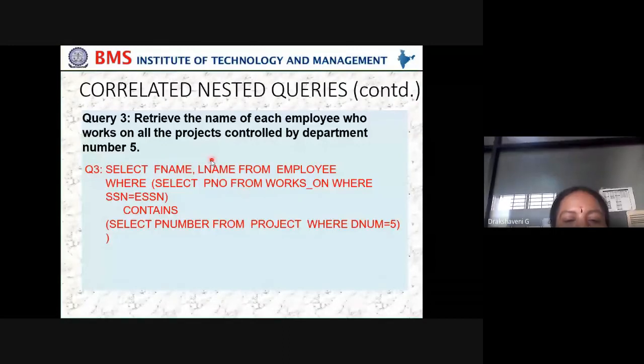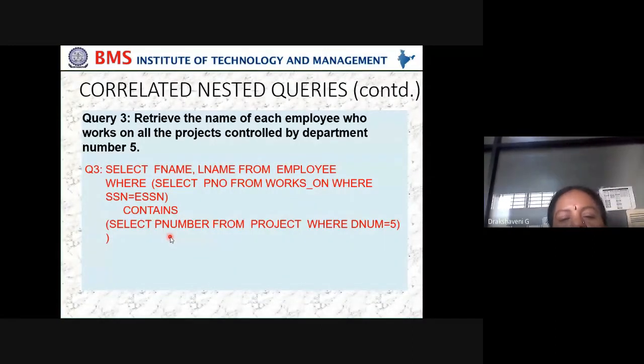Select first name, last name from employee where (select project number from works on where SSN equals ESSN) contains (select P number from project where D number equals 5). So that's what we are doing here. Contains.